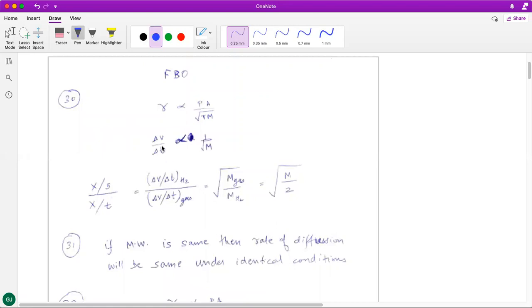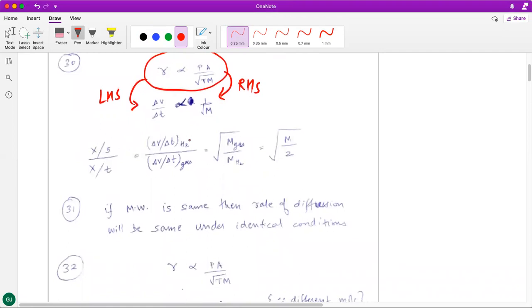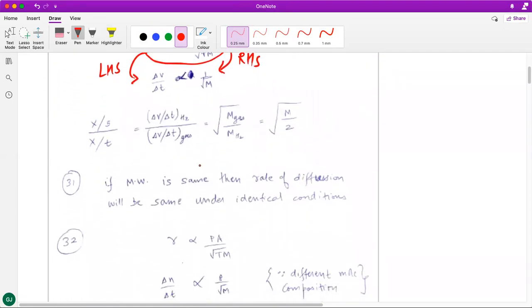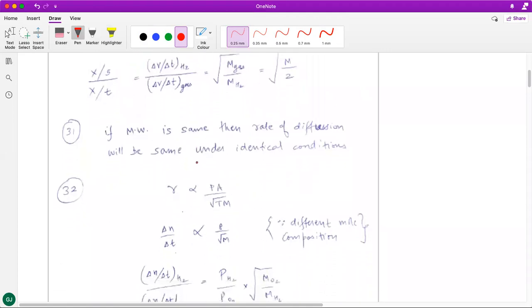So we'll start with the 30th question. Now, this is something that we have done in the class before, and the approach remains the same: you start with the general form, and then you interpret what is there on the left hand side and how you can simplify the right hand side based on the data that is given in the question. Once you do that, the remaining information is pretty straightforward. It is quite similar to examples that we have done in the class itself.